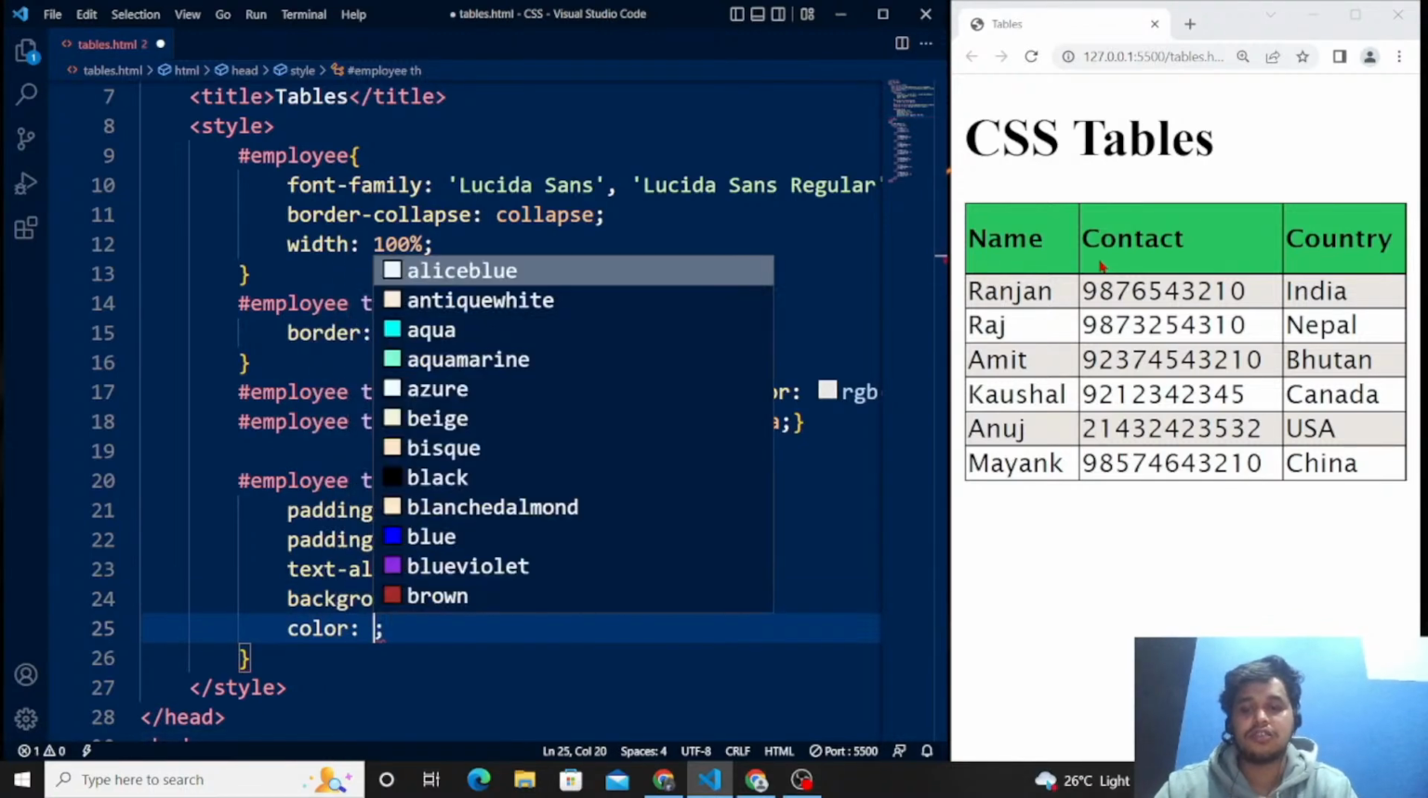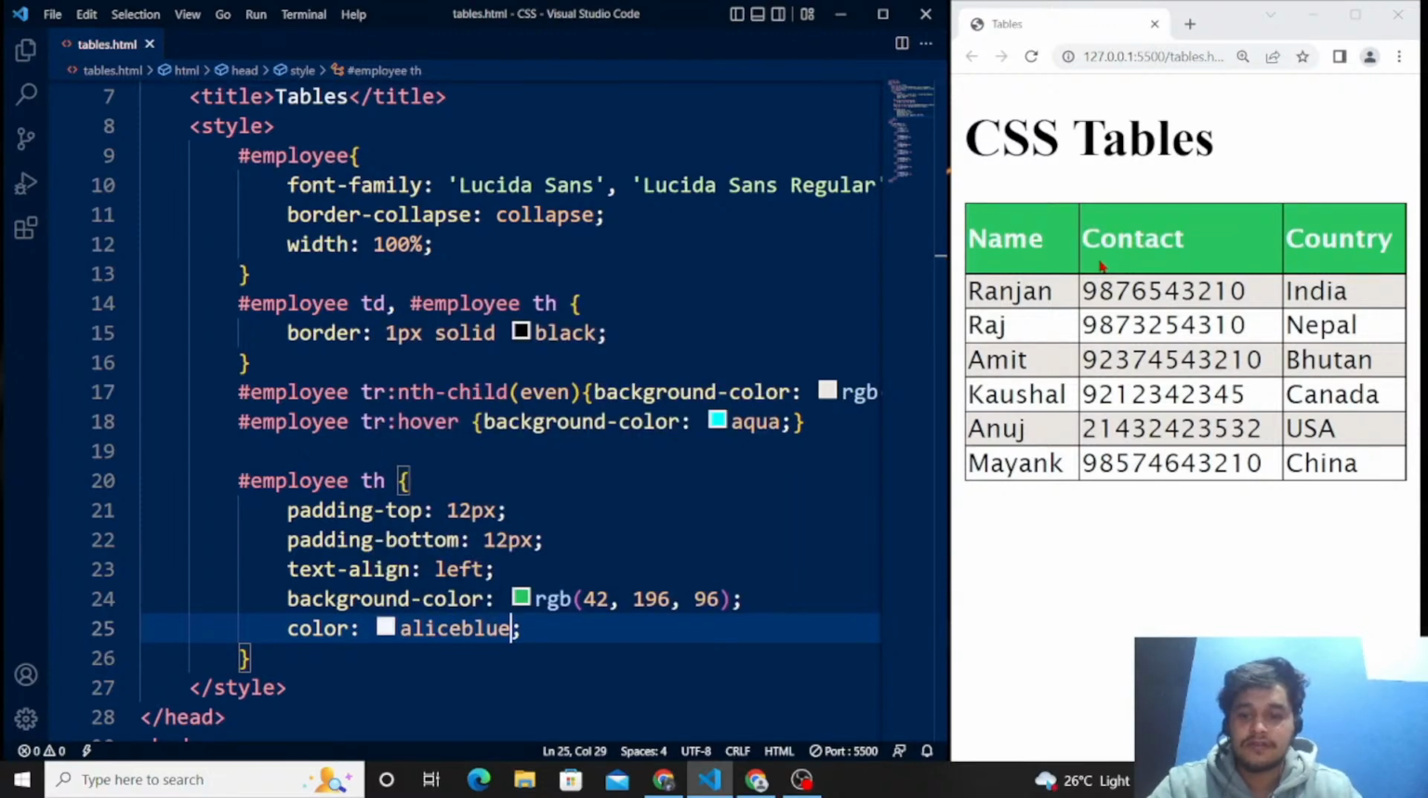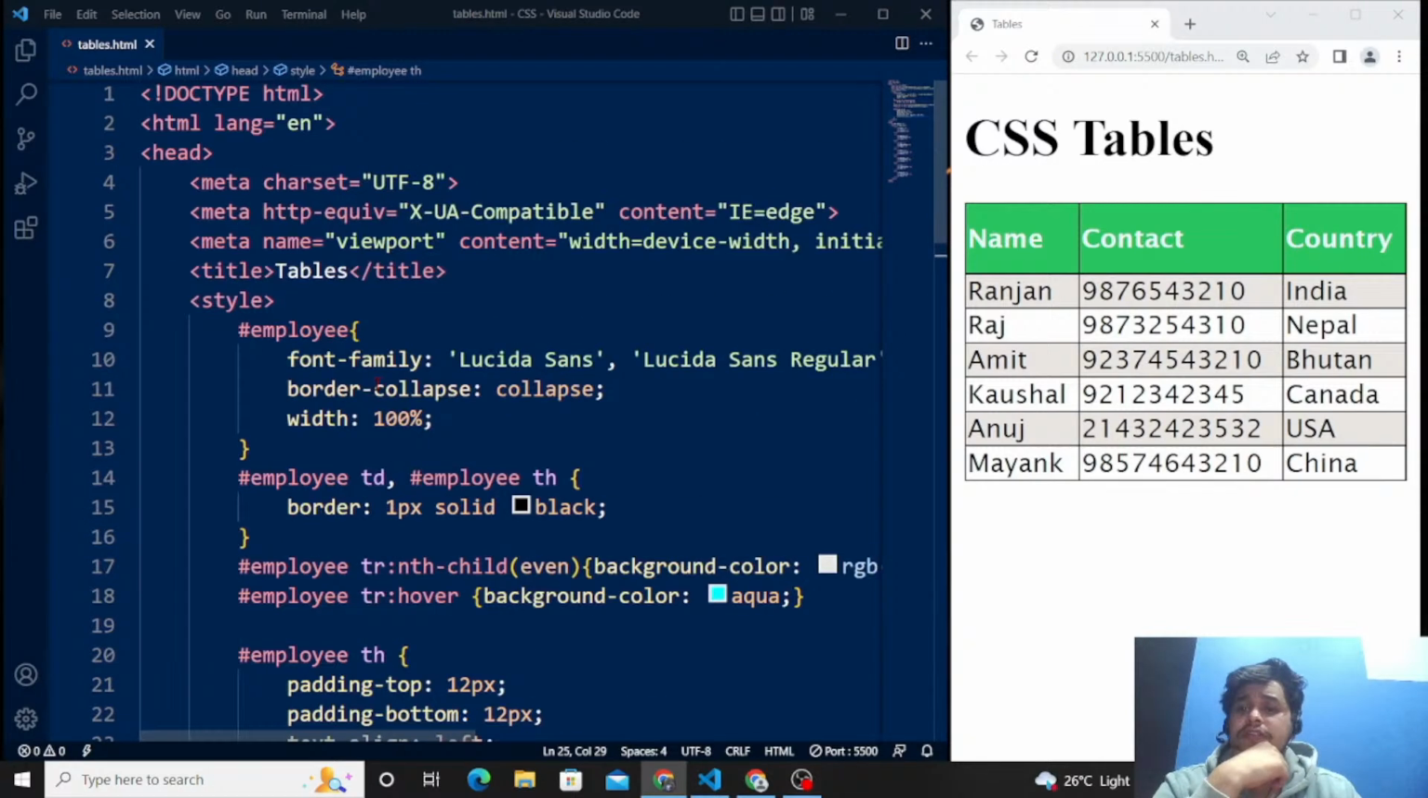So we are going to change the font color as well for our headings. So we'll write over here Alice blue. I guess it's more of white. So yeah, here's the font color for our headings. So this is how we can use borders and all in our CSS tables, right? Next, we are going to define the